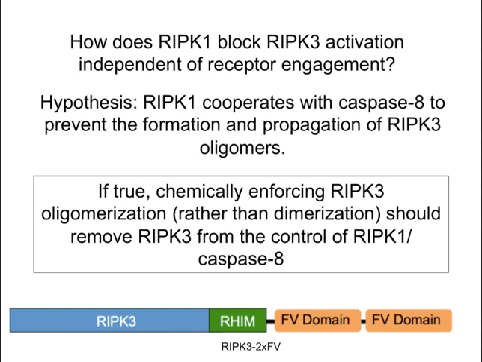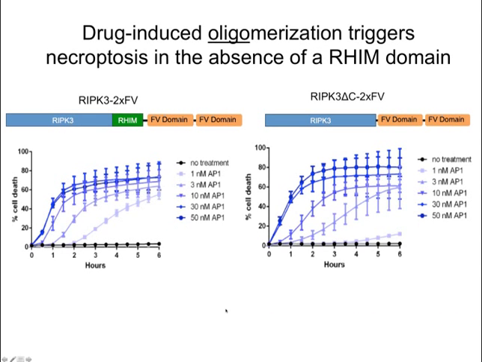And so if this were true, we would hypothesize that chemically enforcing RIP3 oligomerization, that is, forcing RIP3 into an oligomer, would remove RIP3 from the control of RIP1 and caspase-8. If we can stick enough RIP3s together using our dimerization system, we might now prevent RIP1 from being able to suppress that event. And so to test this, we added a second dimerization domain, a second FV domain, onto RIP3. These two dimerization domains will allow RIP3 molecules to cross-link and directly form oligomers independent of any RHIM interactions. And when we do this, we find that we get very robust, in fact much more robust,